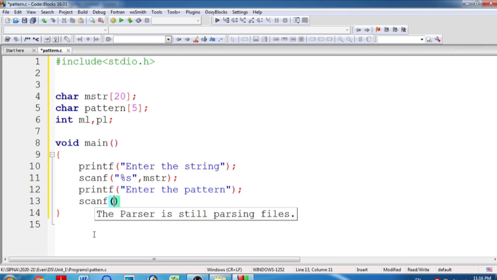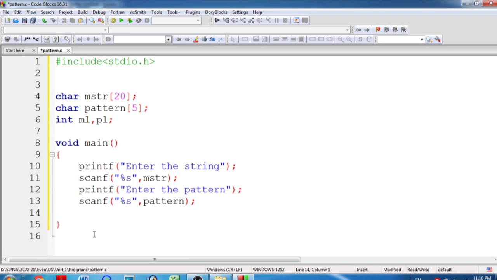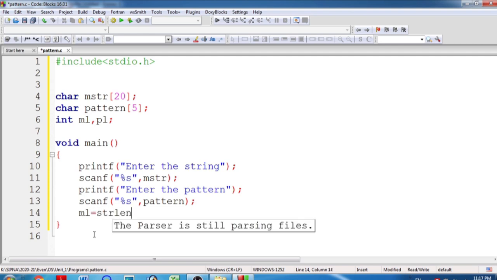Scanf, again I am going to use %s and pattern, the variable I have created for storing the pattern. Now let me first find out the size of these two strings. So ml will be equal to strlen, which is a function already provided in the string.h file, so I have to include that file also.